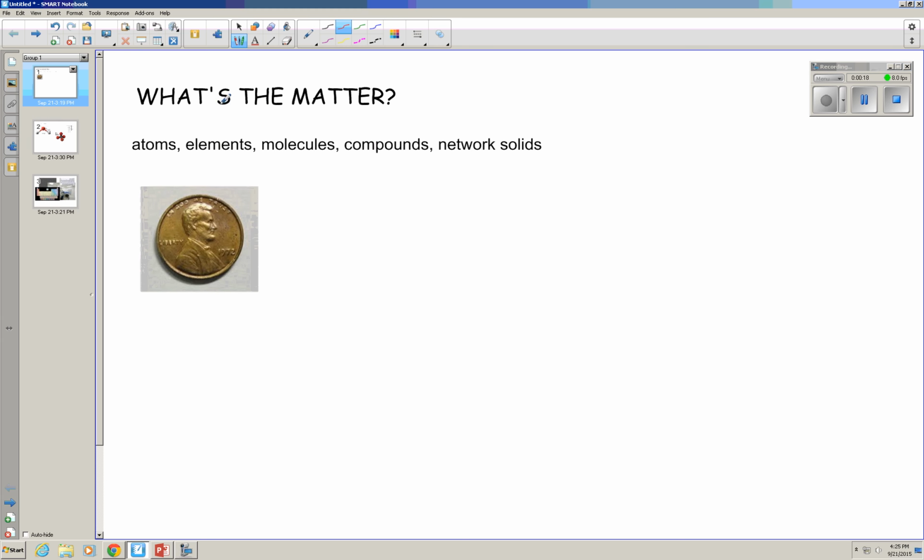Never mind. Before you leave, I want you to understand these terms: atoms, elements, molecules, compounds, and network solids. Okay, you will have a good gut understanding of all of these before you leave. Well, first of all, we're going to talk about